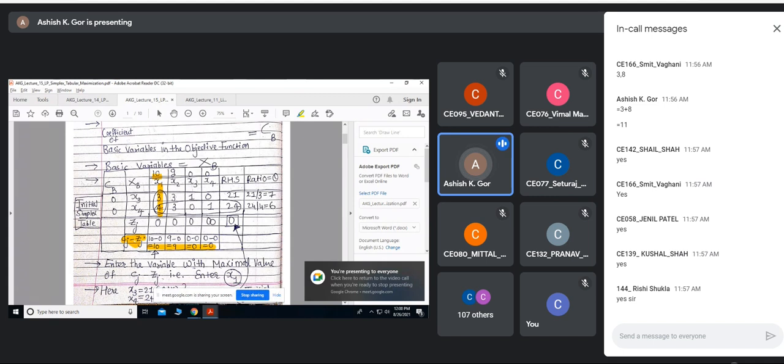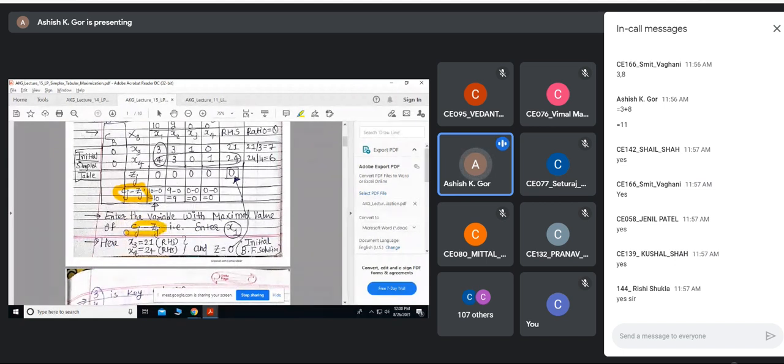So the next question, what we were doing earlier is we have what basic variables? X3 and X4. Out of these basic variables, one of the variables has to leave, and one of the non-basic variables has to enter the solution. So for that, we use this Cj minus Zj. Okay, so what is this Cj minus Zj? Cj minus Zj indicates this value 10, 9, 0, 0, and I find the maximum value out of that.